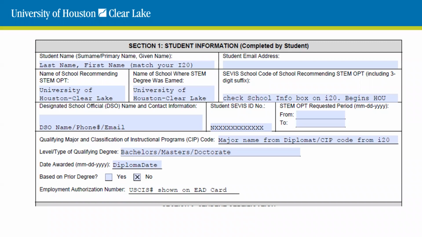Although you and your employer must complete the Form I-983 together, today we will only review the form where we think you will need additional information. This form can be completed as typewritten or handwritten. The name of the school where the STEM degree was earned should be UHCL, unless you are applying for STEM based on a previously earned degree at another accredited U.S. school. The DSO name. Please refer to our webpage at